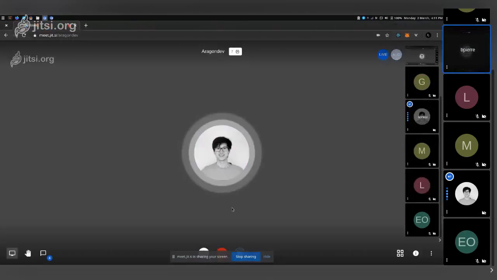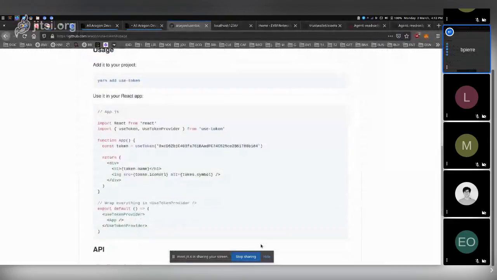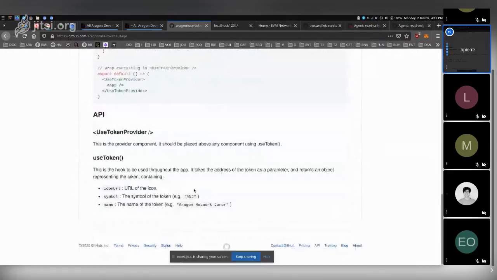Something I wanted to ask Pierre, we're not giving the decimals back right now, are we? Sorry? Are we giving the decimals back? No, we are not getting the decimals back, but this is one of the things that are going to be added here. For now that was really the super early initial step of having the basics, but the plan would be to add basically everything that